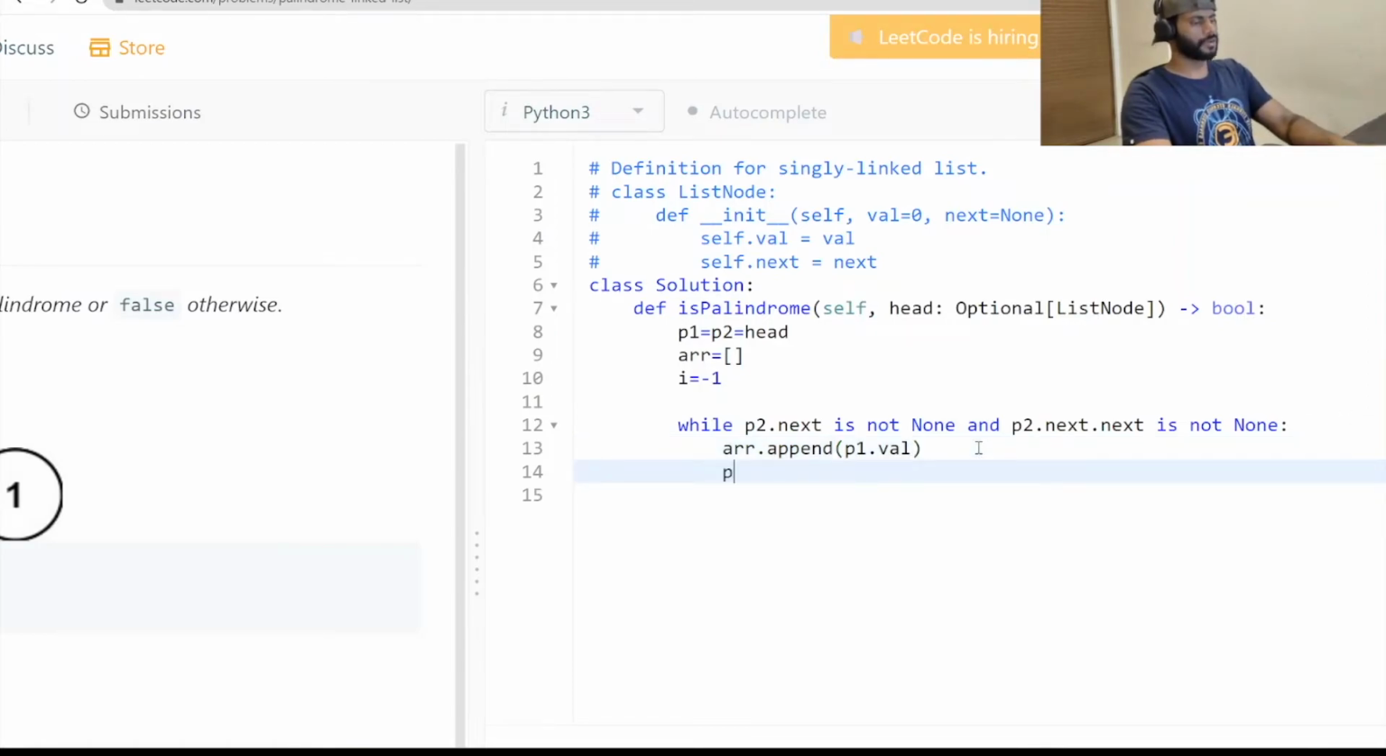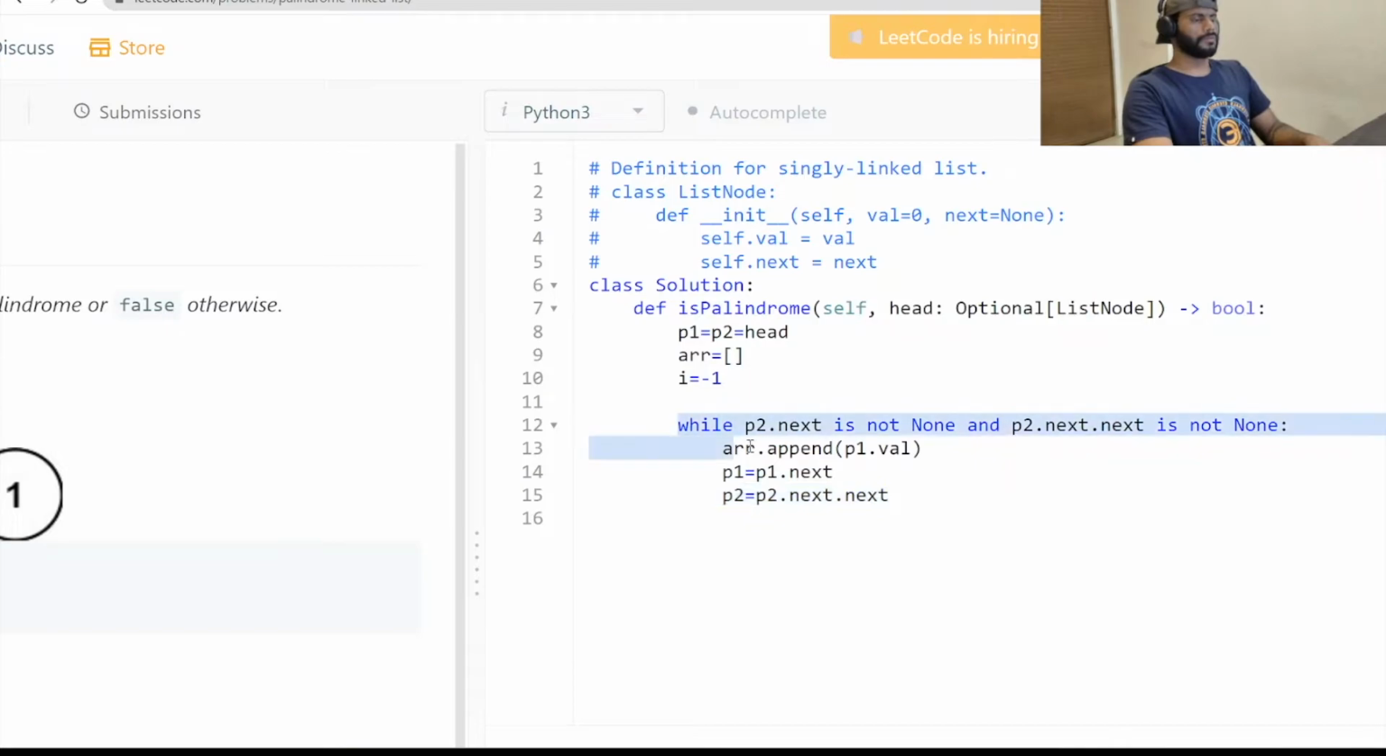And let us move forward. P1 equal to P1.next and P2 equal to P2.next. It is moving two nodes at a time. Whenever this P2 reaches the end condition, we are done, which means at that time P1 has reached its mid part. So after this, we will add that mid value in our list,